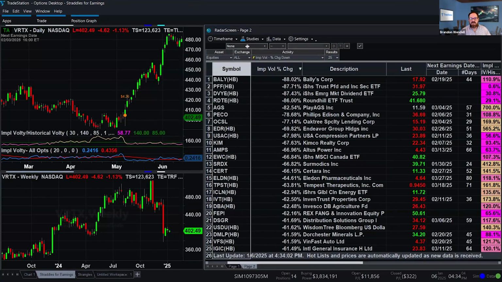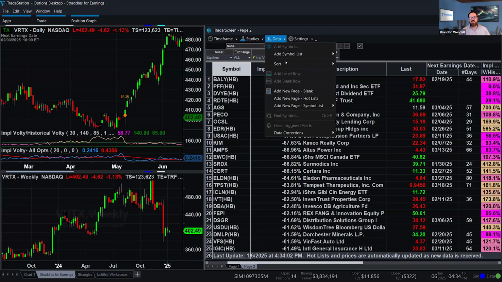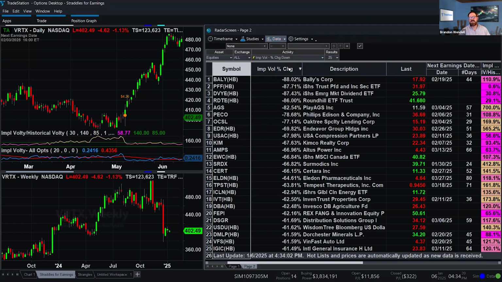What do we have here? This is implied volatility percentage change down, and I could add the filters in there as well. Okay, so this was a radar screen. I'm sorry, not a radar screen, but you can go in here and add in a hot list based on low volatility. So right there, I've got implied volatility that's dropping. Now I have to make sure it's below the average. Just because it's dropping a lot doesn't mean it wasn't dropping from a record high. Okay, we have to be careful there as well.